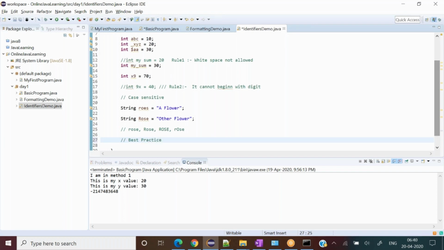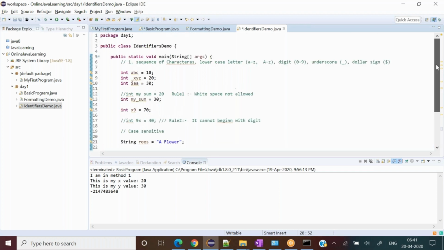What are the best practices? First best practice is that the class name should start with a capital letter. Whenever we write, like I have written IdentifierDemo, the I is a capital letter.